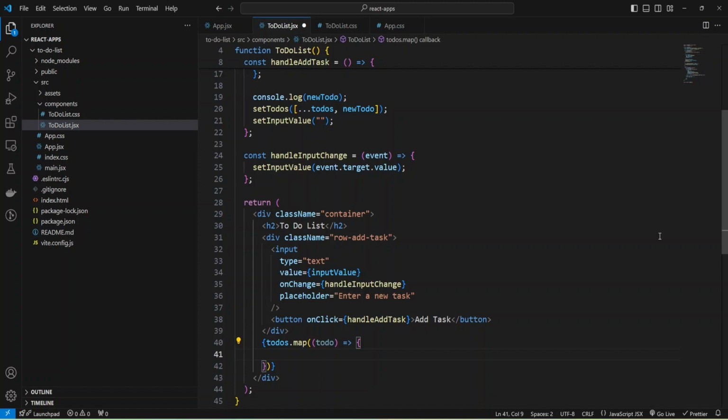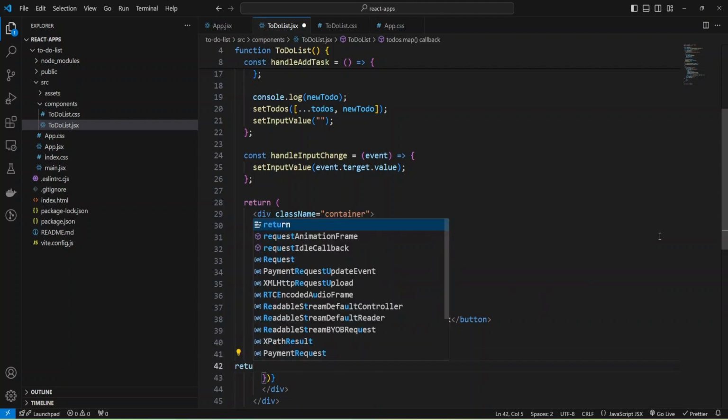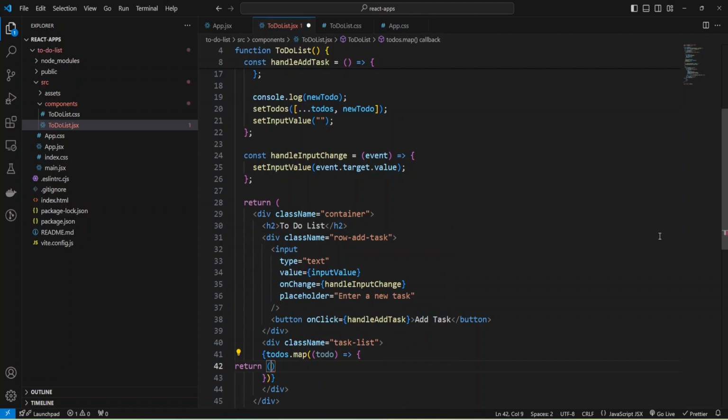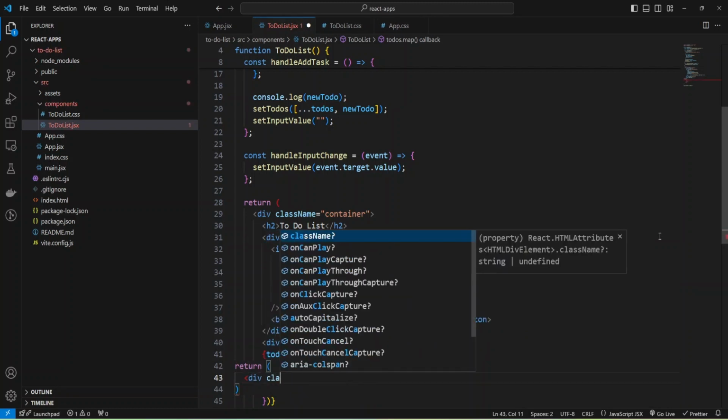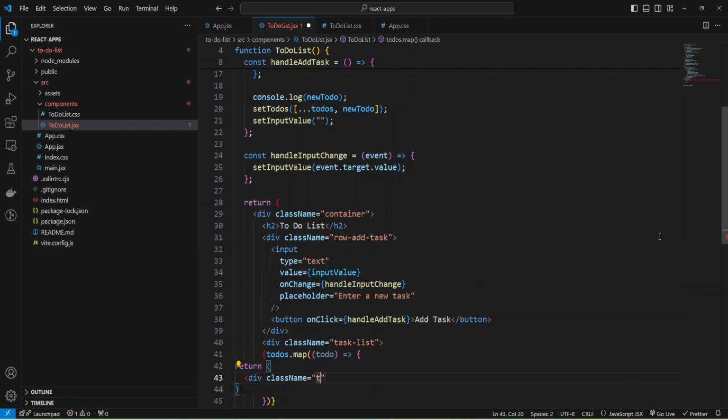And first of all, I need to add a div. It will be the container for our todos and add a className, and the className will be task-list. And for each todo, I can return some JSX, and initially it will be a div with className task-row.